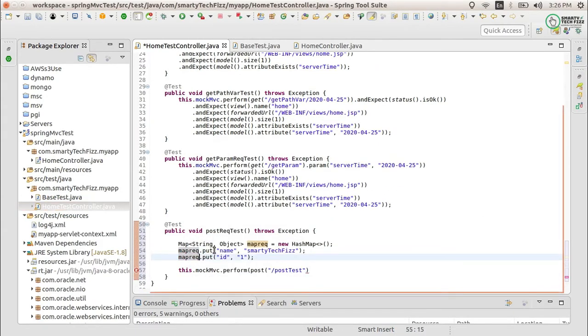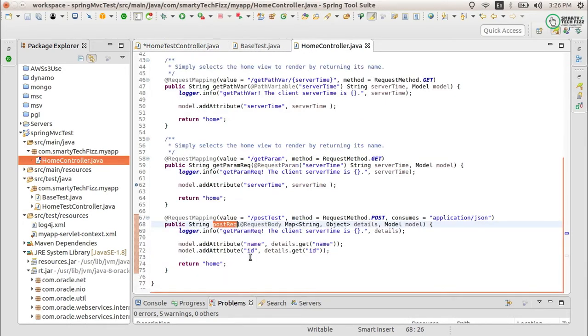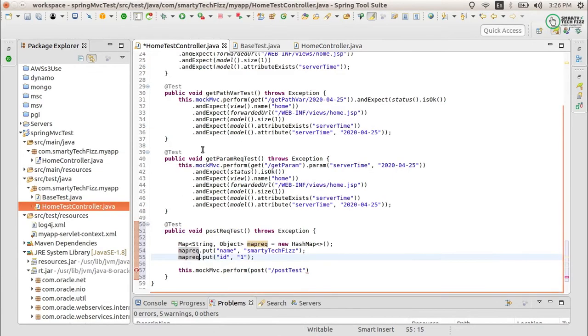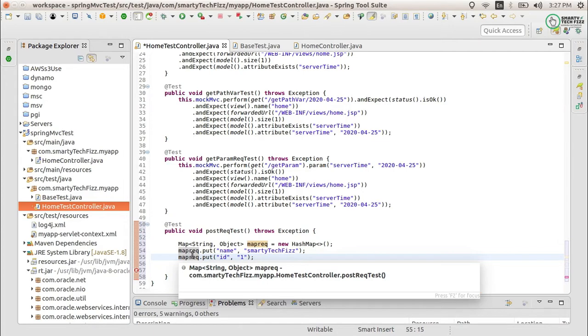Let's define its parameters with put. There are two parameters which I am defining here, name and ID, as it is taking them here as well. So this is the positive case. For the negative case you can provide multiple values that throw an error, like you may have validation on the length of the value. You can define it by yourself by taking the negative cases. I am just showing you the sample for testing your cases. So this will be my request.